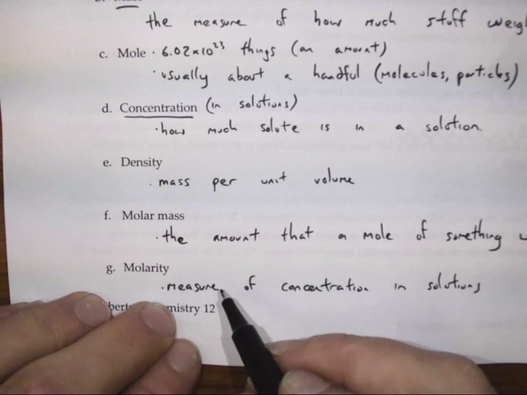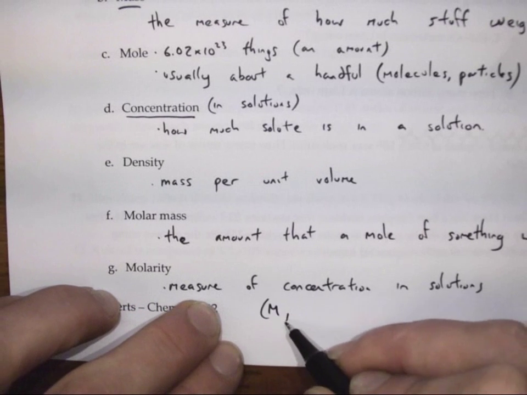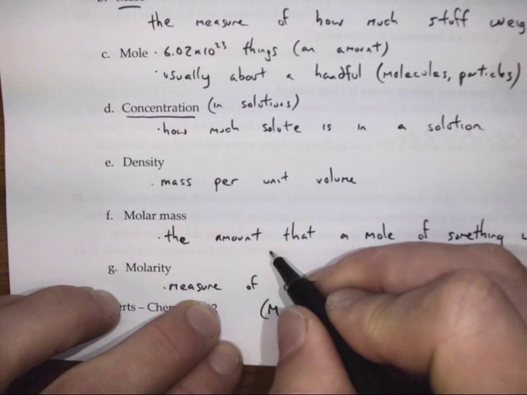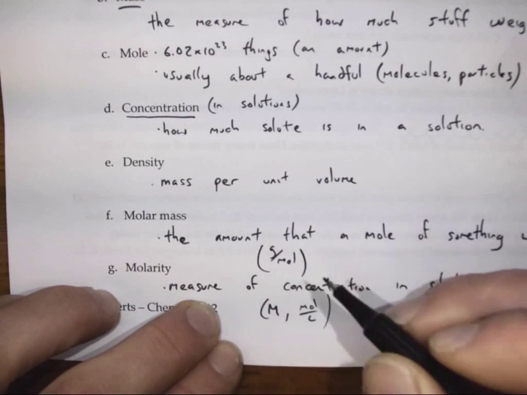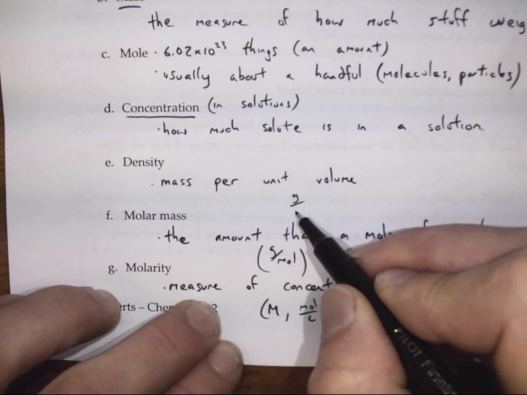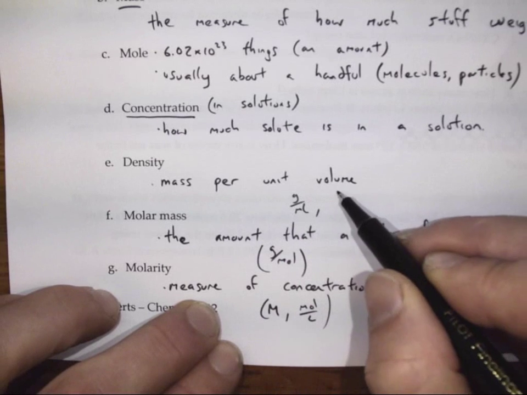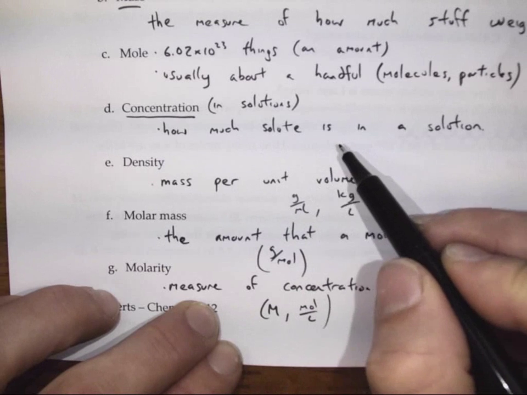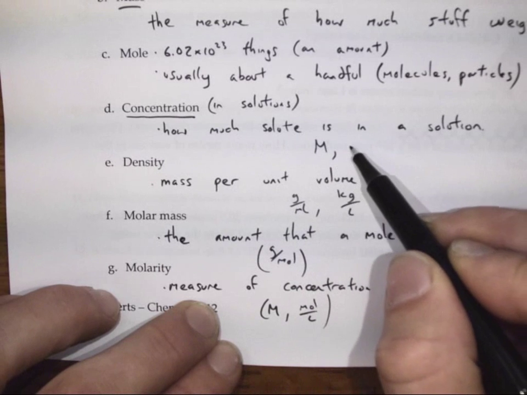And I might actually also say molarity is measured in capital M, or moles per liter. Molar mass is measured in grams per mole. Density is usually measured in grams per mil, or whatever, kilograms per liter. I guess it could be other things as well. Concentration is also, for our purposes, molarity,